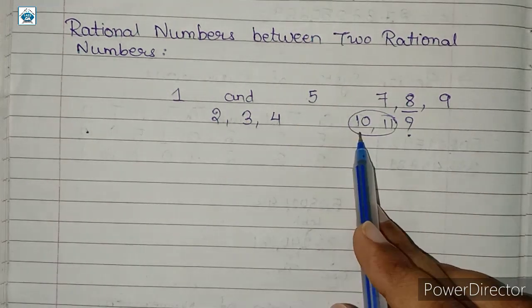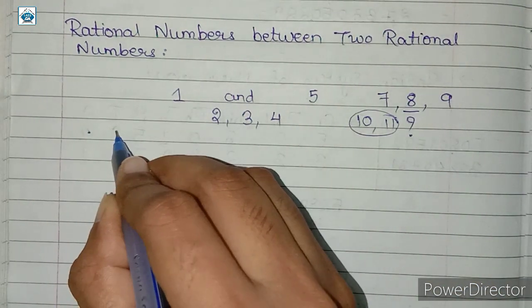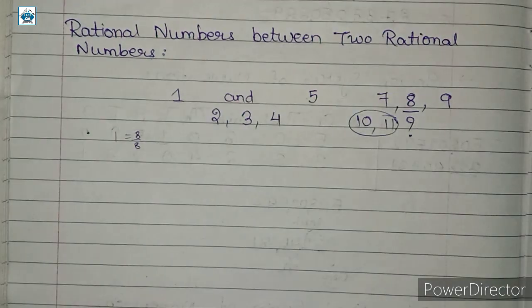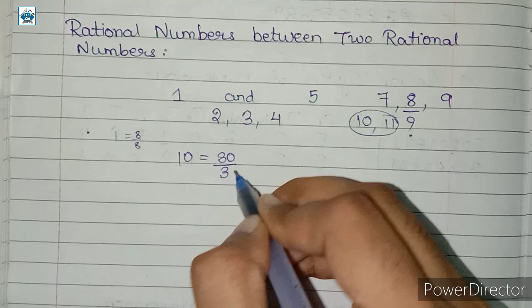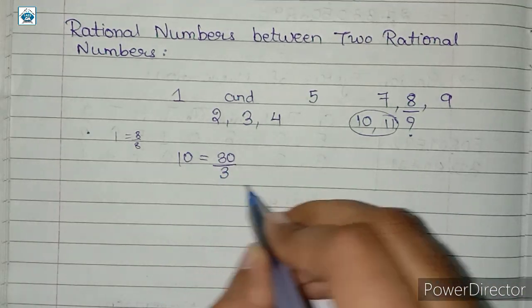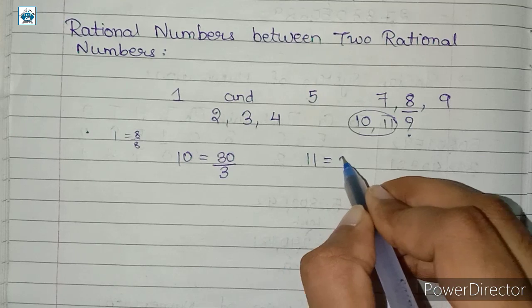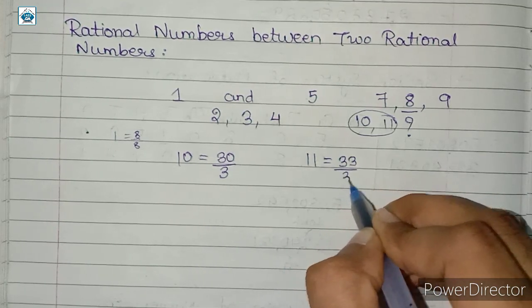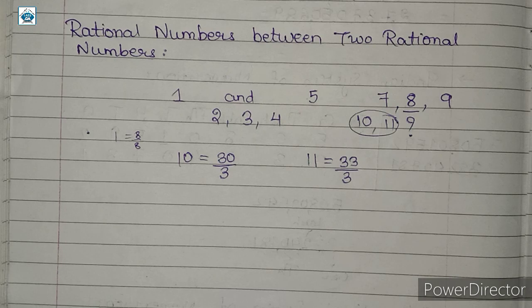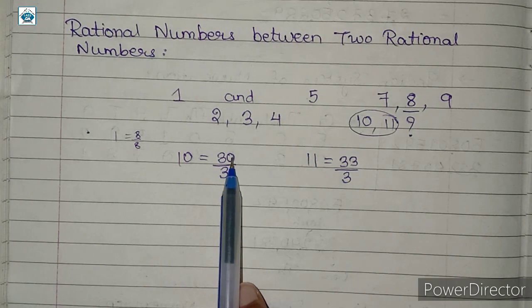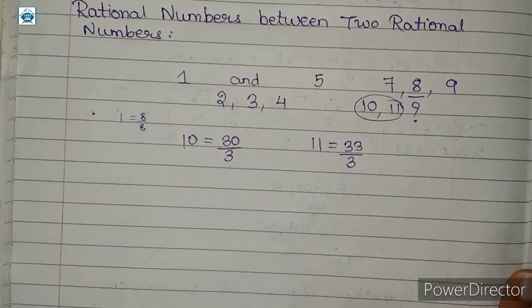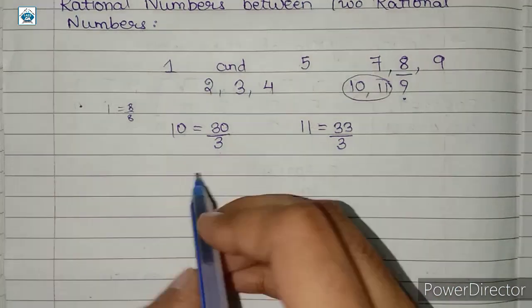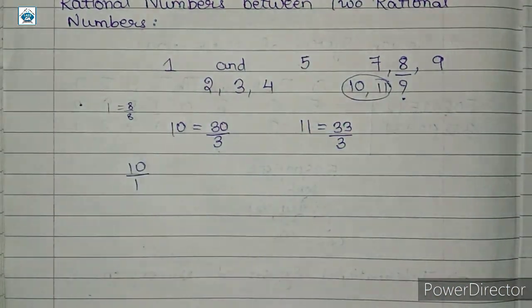Because here we can write 10 as, just like we wrote 1 is equal to 8 by 8 while representing numbers on the rational number line, 10 can be written as 30 divided by 3. Here the denominator is 3. In a similar manner, 11 can be written as 33 divided by 3 because it is equal to 11, right? 10 can be written as 30 divided by 3 because we wanted the denominator as 3. This is very simple, not at all difficult. How am I writing this? Here 10 is equal to 10 upon 1, right?